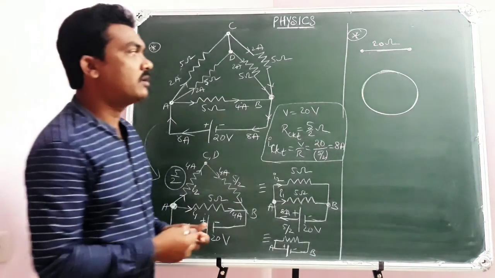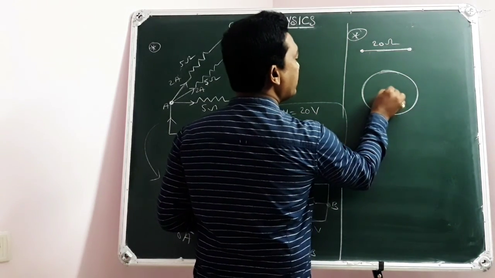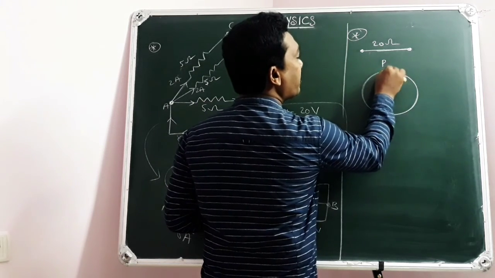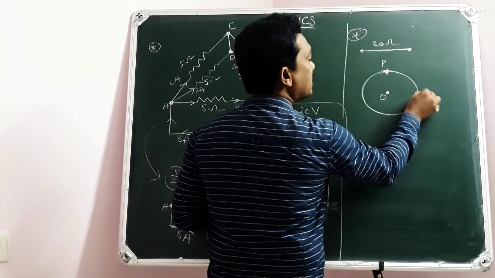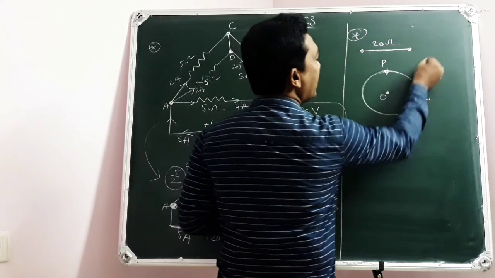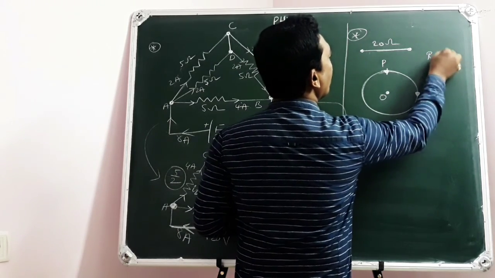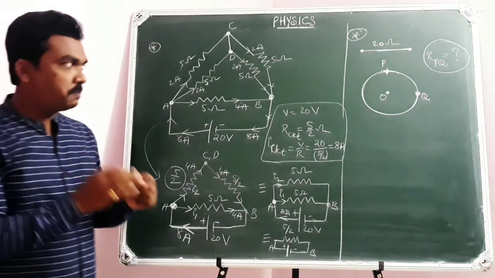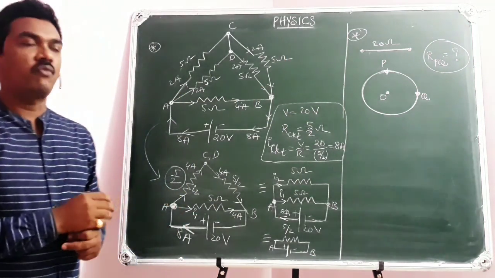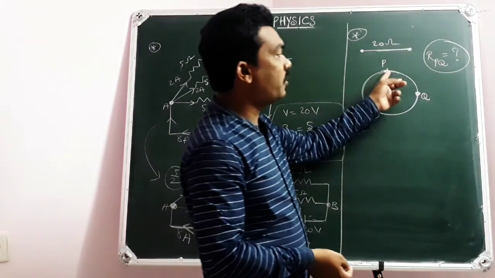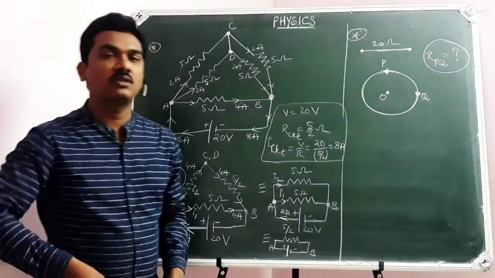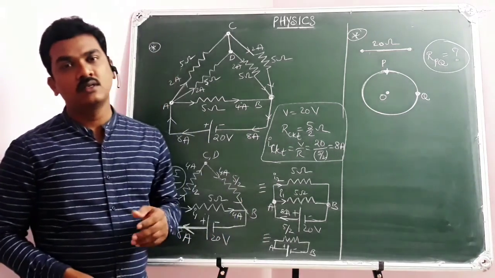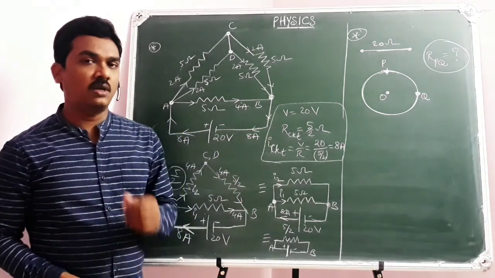Now here, if O is the center of the circle, then your task is to calculate equivalent resistance between the 2 points on the circle P and Q. This is your question. What is equivalent resistance between PQ is your question. Of course, if you consider this portion of PQ, it's a quadrant, of course. But while talking about equivalent resistance between 2 points, one is P, another one is Q. So I repeat the question.